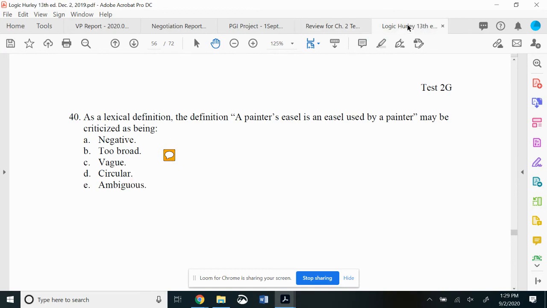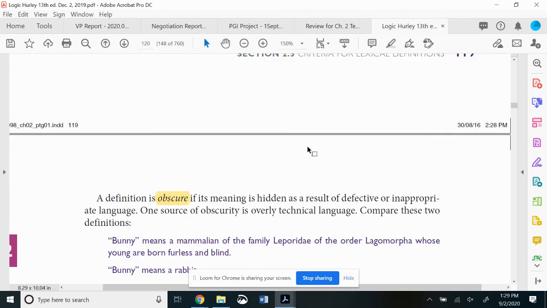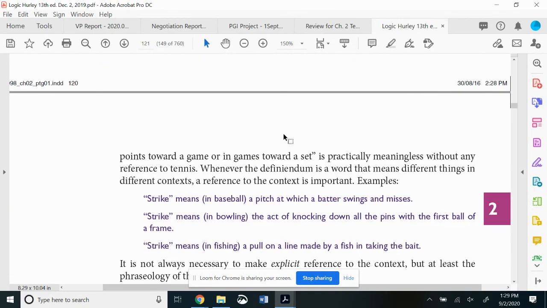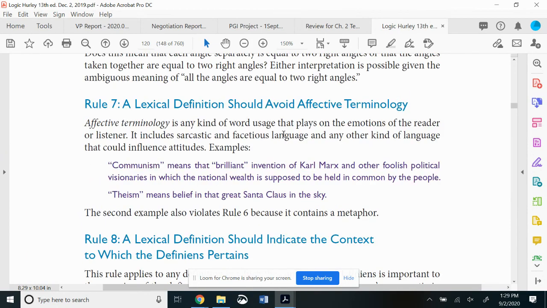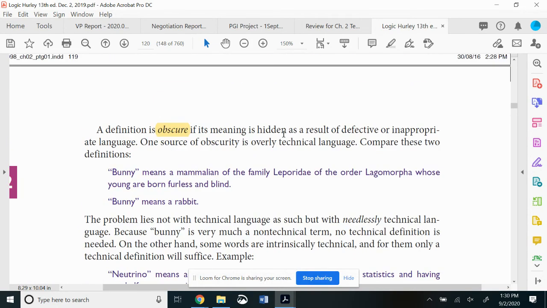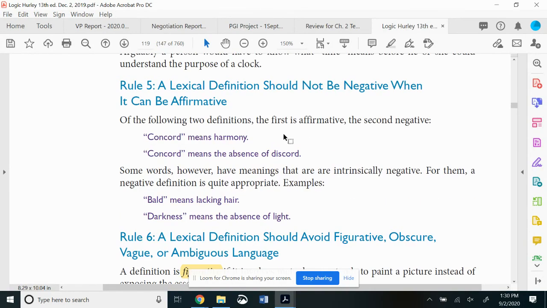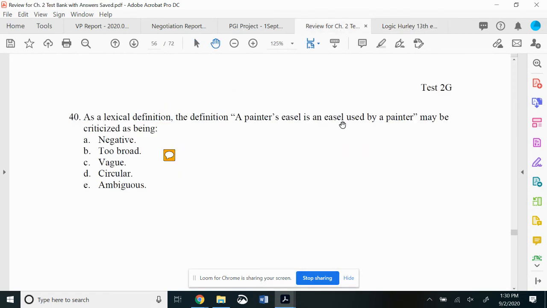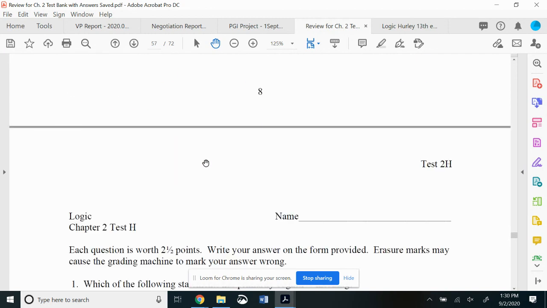So I think this is rule 4. So virtually of itself. So you have to break the circle and describe painter's easel in language that's not an easel used by a painter. So you have to describe it in independent language. That's how you break the circle and avoid that rule. So yes,